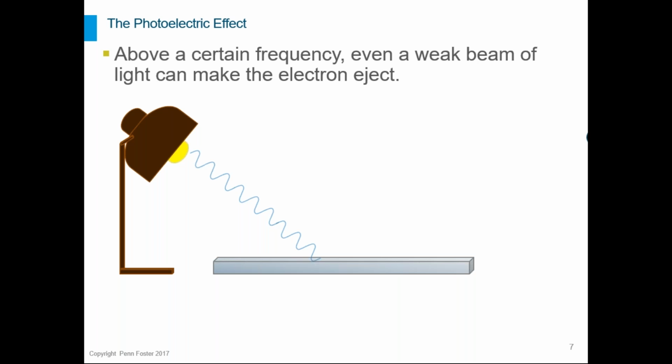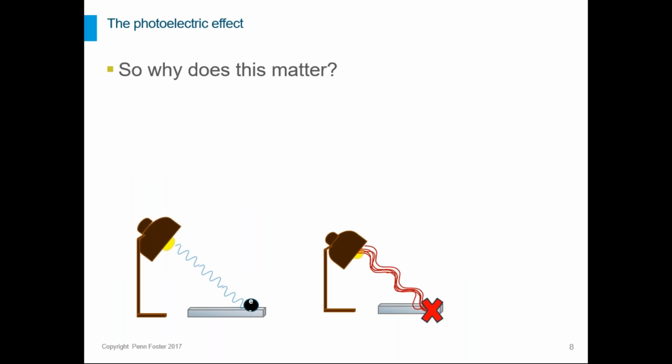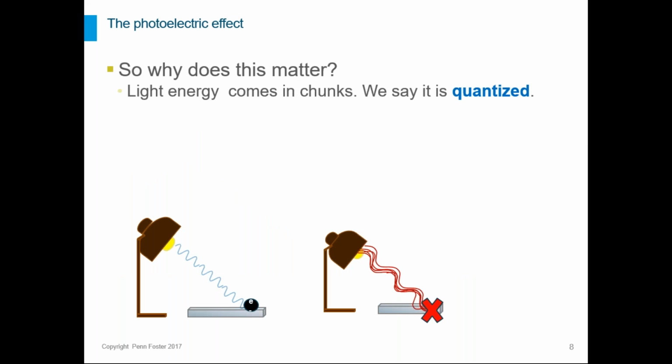So this proves through the math that they figured out, this shows that light cannot just be purely a wave, because we said that's not what would happen if light was a wave. If it was just a wave, you could just add more light waves, a higher intensity, and get enough energy for that electron to go. So what this has to mean is that light is not just a continuous wave. Light comes in separate chunks. And the word for that is quantized.